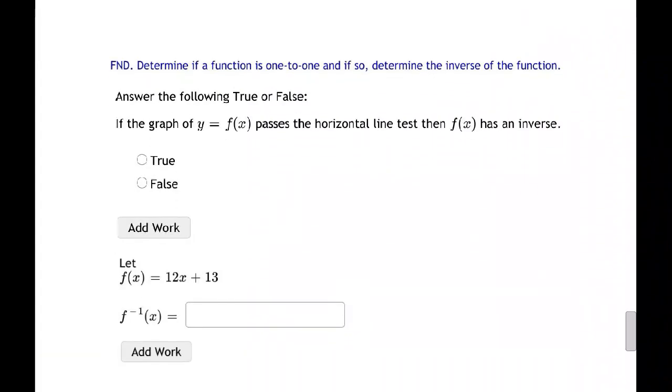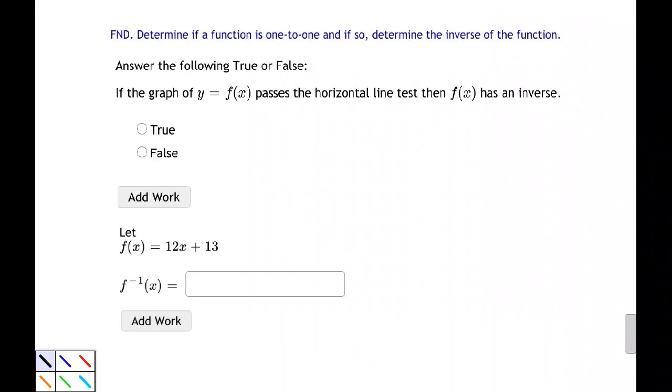Now, our final objective in this set of practice objective checks is FND. Determine if a function is one-to-one, and if so, determine the inverse of the function. So, of the two questions, the first is answer the following true or false question. If the graph of y equals f of x passes the vertical line test, let me read that again. If the graph of y equals f of x passes the horizontal line test, then f of x has an